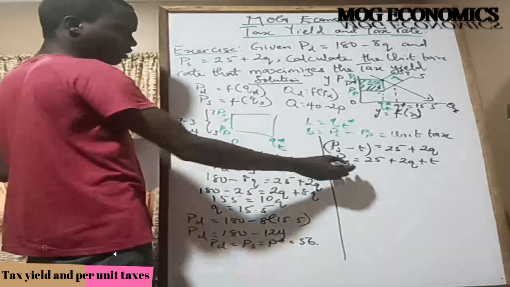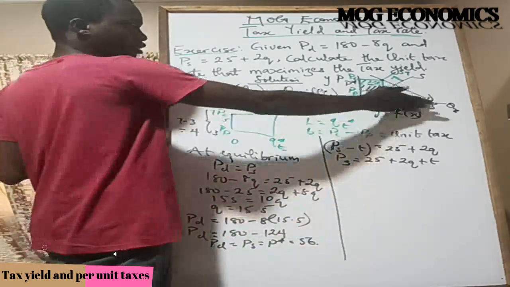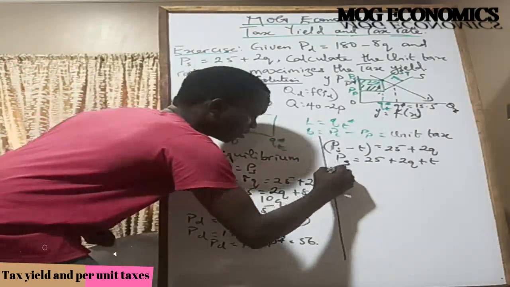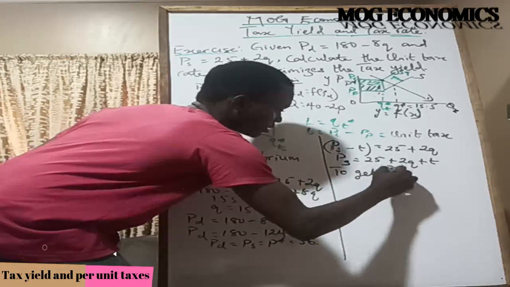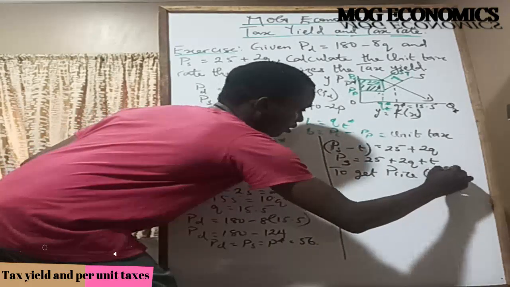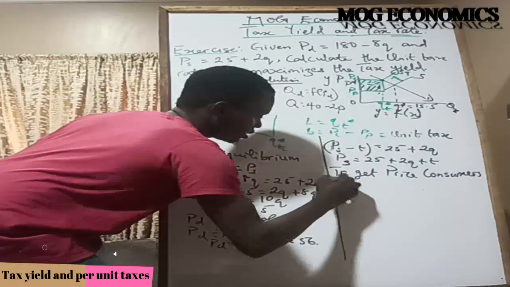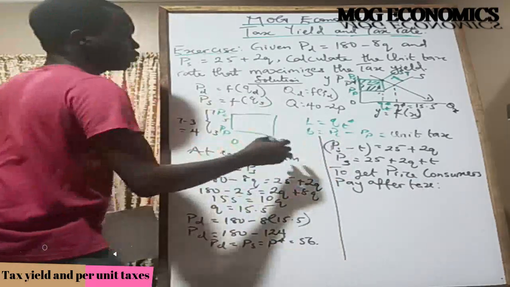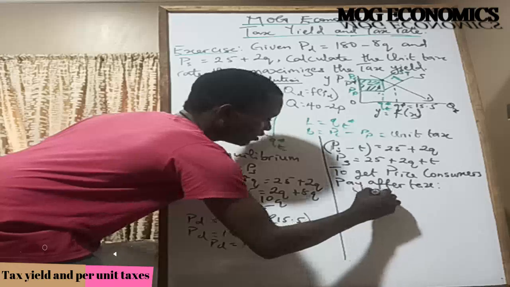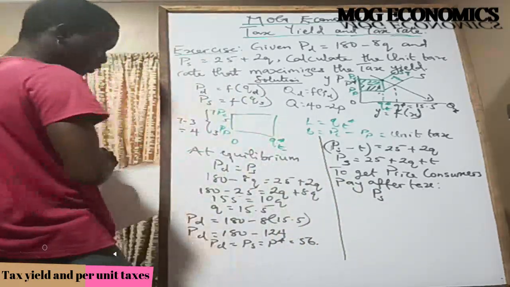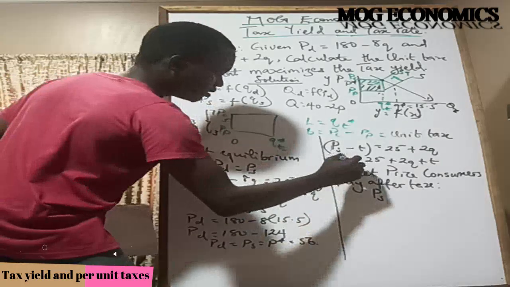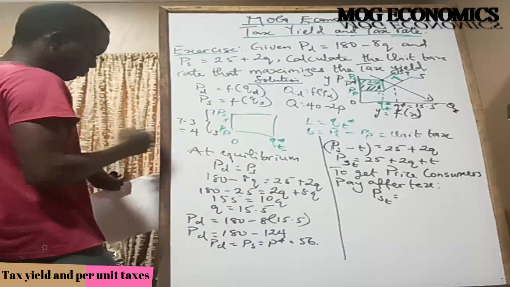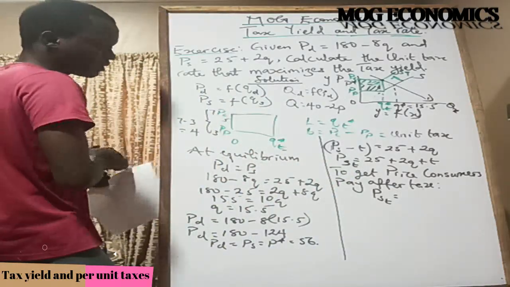So what we just have to do is, okay, this is the new inverse supply function. Then it has to equal the demand function. So to get the price consumers pay after tax, what do we do? We just equate PS. I've called this PS before, so let me just call this PST. So PST equals, and that's the supply price after tax. PST equals